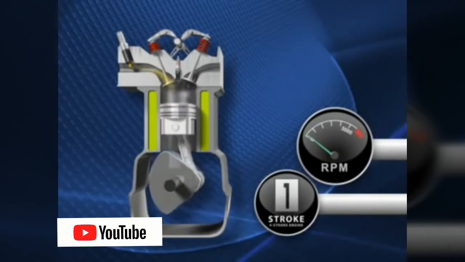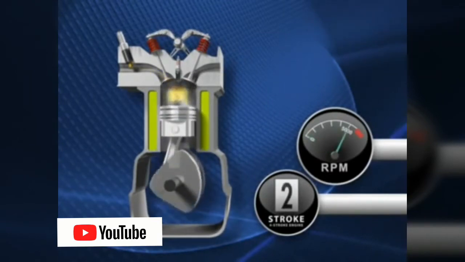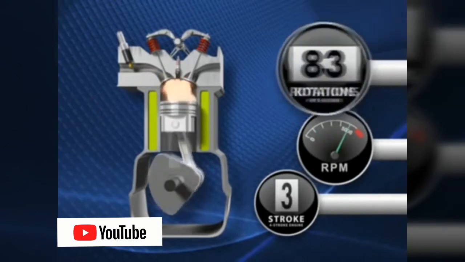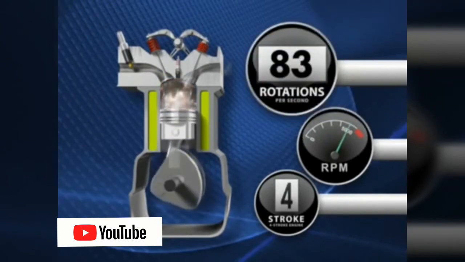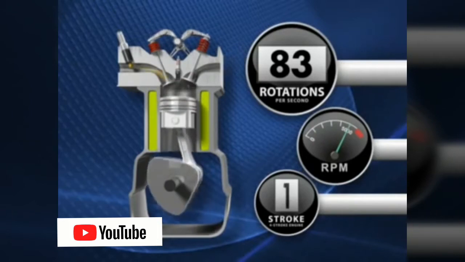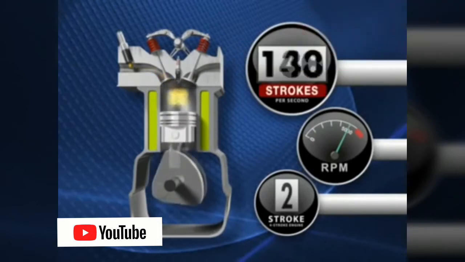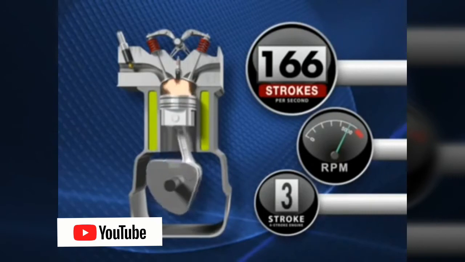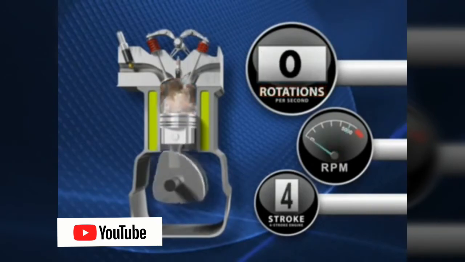At wide open throttle, the crankshaft may turn at 5,000 RPMs, or a dizzyingly 83 times per second. Meanwhile, the piston traveled up and down 166 times in that same second. Want to see how fast